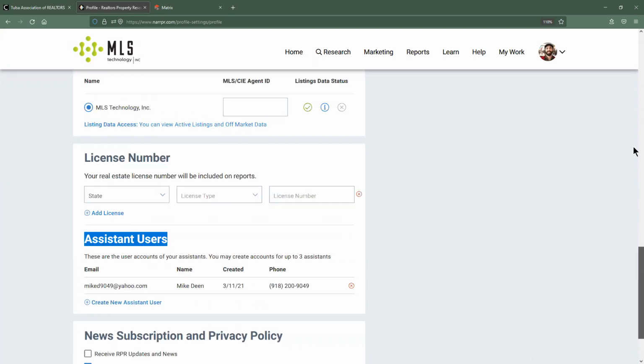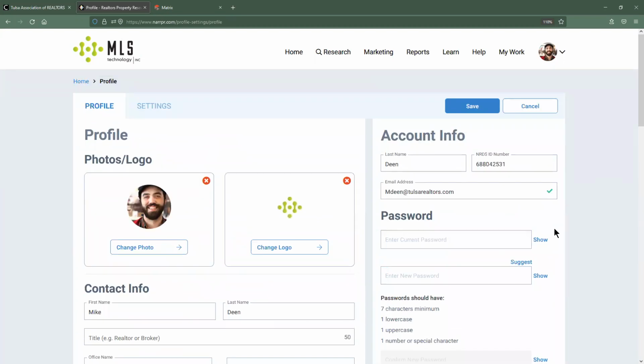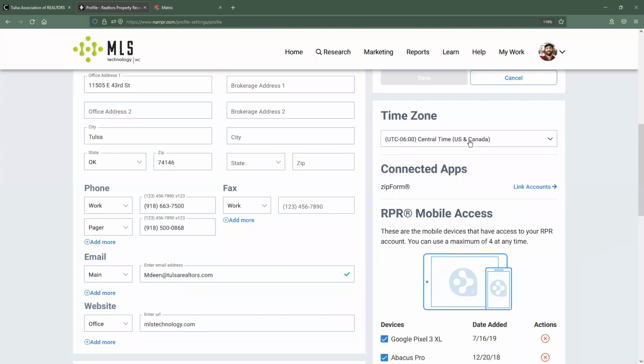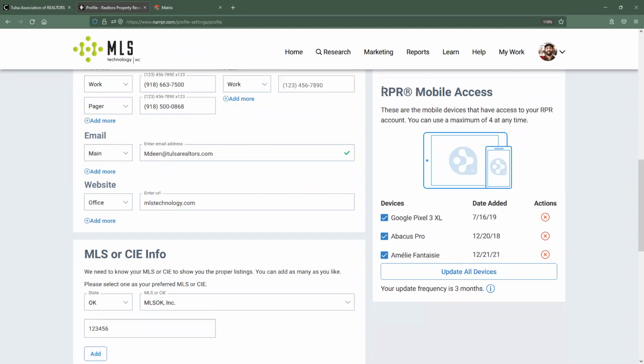All right, back up to the top of the page. I did want to run through over here on the right-hand side. This is just basic account information. This is all going to be imported over from your details that you have with the National Association of Realtors. So what your last name is, your NRDS ID, your email address. You have the ability to change your password here. Make sure that you guys have the correct time zone. If you guys are working in multiple different time zones, you can switch between those. You also have access to the